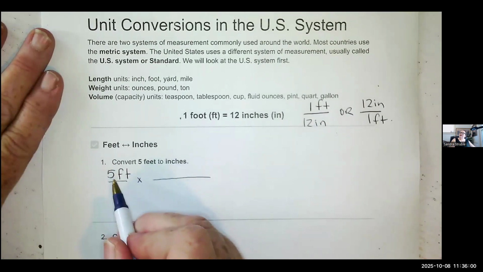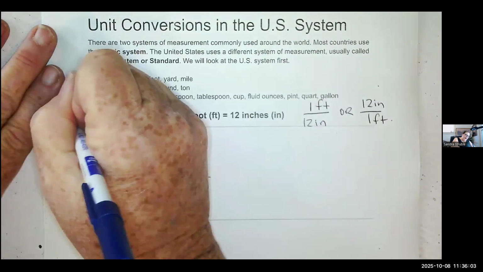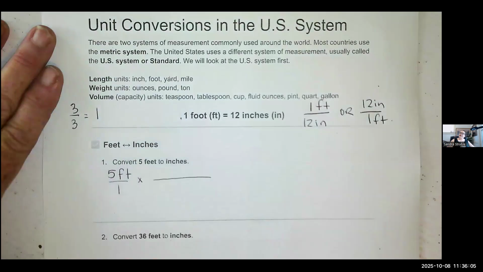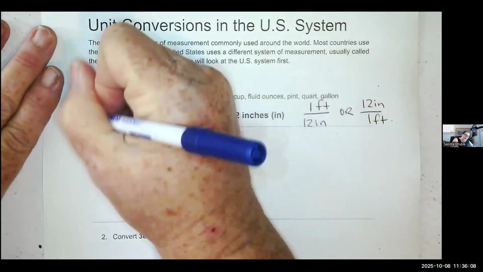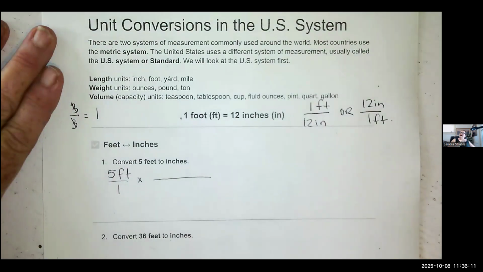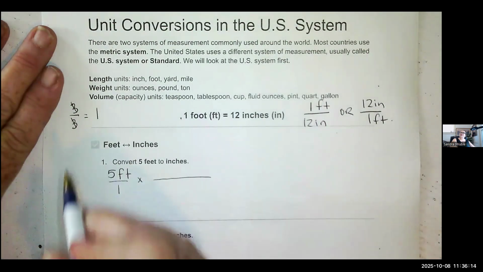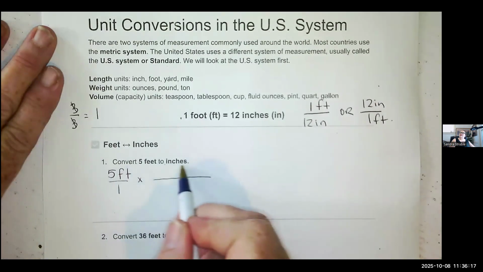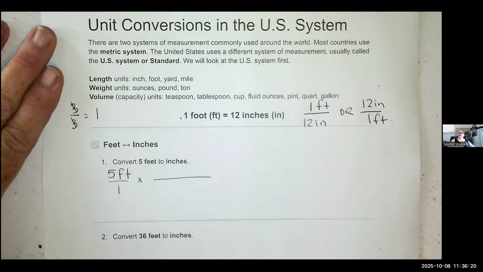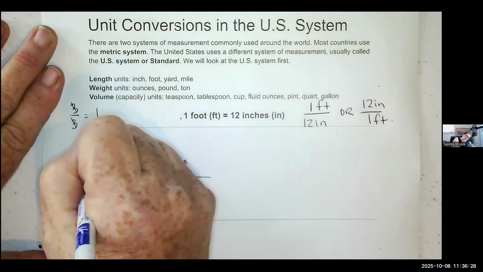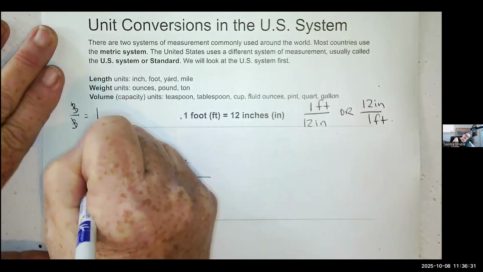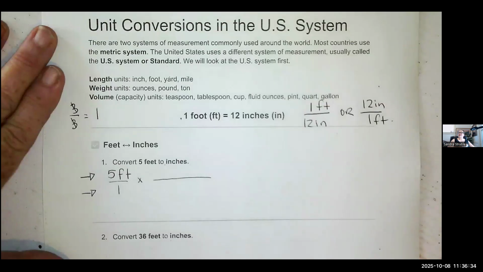It's in the top. So anytime I put, say, like 3 over 3, put that in your calculator, you're going to get 1, which means these two reduce and you get 1. So my goal here is for you to be able to reduce the feet and only have our answer in inches. Now, there's one thing you need to know about fractions when you're multiplying. You will never, ever, ever, ever cross multiply in this class or the next one. When you multiply fractions, you multiply straight across. There's no reducing here. It's just multiplying straight across and then dividing if there's anything that you need to divide,